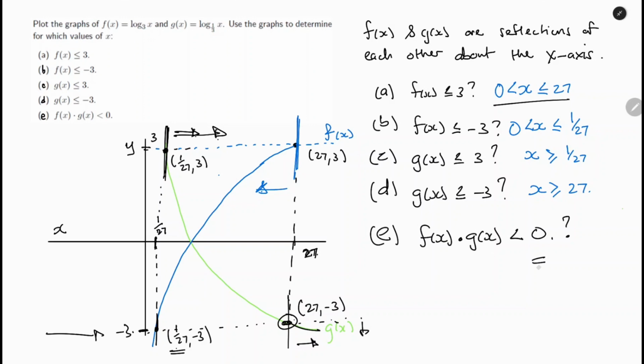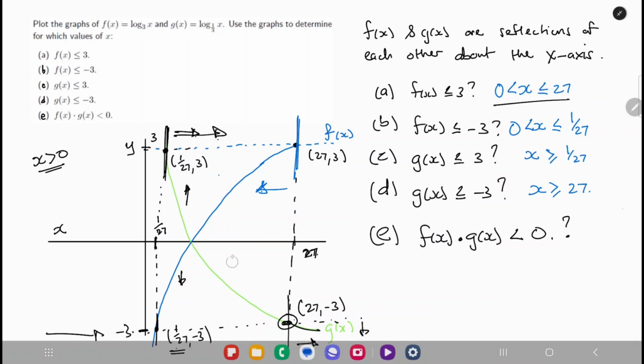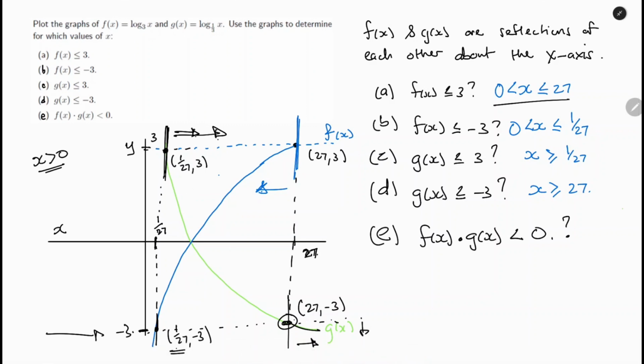Okay, we can't have both negative, we can't have both positive. Now if we look at this graph, we can see it seems that everywhere in the domain, of course being x is greater than 0, everywhere we have one graph which is above and one graph which is below. And here on this side, one graph which is above, one graph which is below. So we always have one value negative and one value positive, except for one point, and that is exactly this